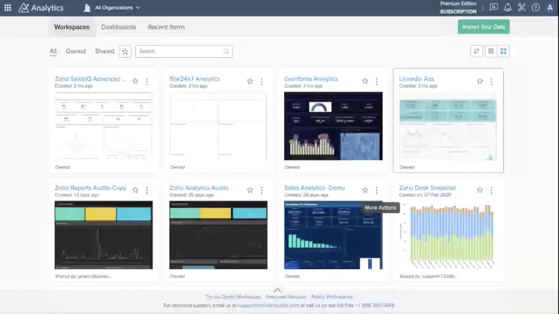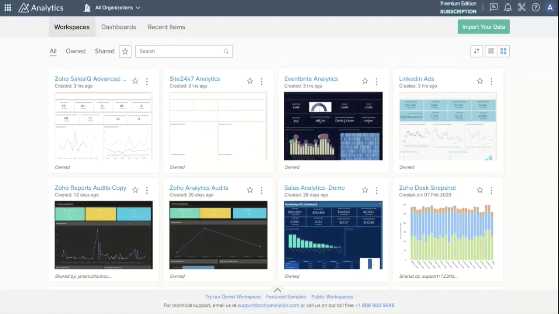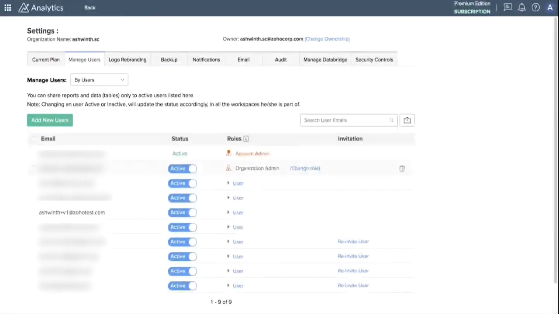To do that, you have to click on the organization setting that can be found on the top right-hand side corner. It takes you to another page with different tabs. And the second tab is the Manage Users tab. And when you click on that, you get to see all the users within your account. So I'm going to pick one of the users,